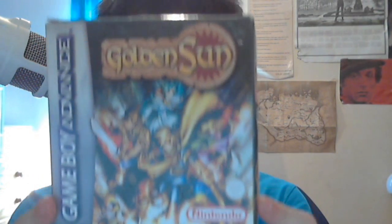I have a couple of Game Boy Advance games here in the boxes. The way I am with my games is I can't buy them unless they have a box and a manual. I'll buy it if it has just a box, but most of the time I'll pay a little extra for the manual. Some of these boxes are in really scrappy condition because of that, because I wanted the box and manual. But first up, I've got Golden Sun on the Game Boy Advance,